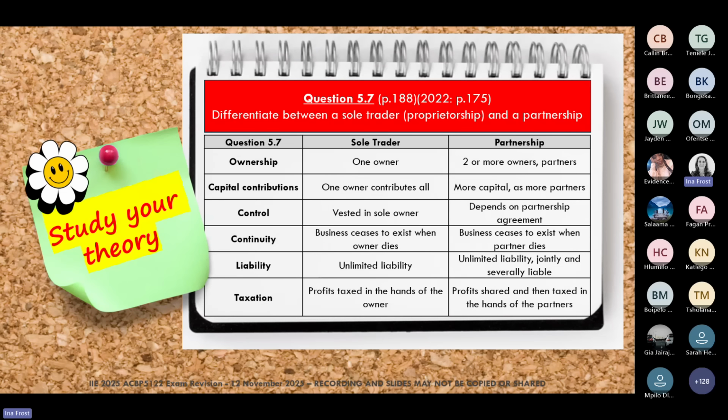In learning unit 5, there is a really good question. It's question 5.7. And this question asks you, what are the main differences between a sole trader and a partnership? And remember again, we said you need to be studying theory as well for the upcoming exam, either as a standalone theory question or to help you in being able to answer application style questions. So a question like this, question 5.7 then, is a nice theory question. So make sure you look at this question.